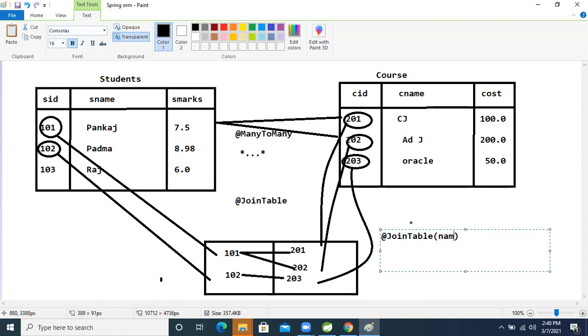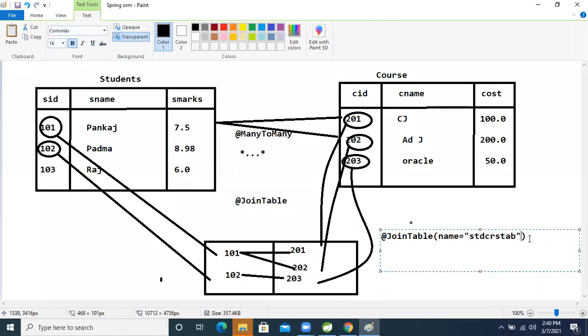We will give the name. One attribute is there, and we will give the name only. For the third table name, we will give it here only. So I'm giving std and crs, meaning course, std tab. By giving this name, this name will become the third table name. Okay, now, so fine, but it doesn't mean that what will happen?